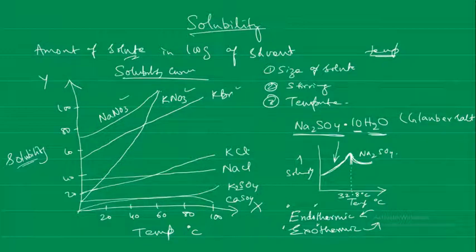Okay, now solubility curves are useful because they can be used to determine the solubility of a substance at a given temperature. And if we want to check what is the effect of cooling a hot solution of different substances, okay, that can be easily done using these curves. Okay, now how do we determine the solubility of a solute at a particular temperature? So now let us look at how to determine the solubility of a solute at a given temperature.